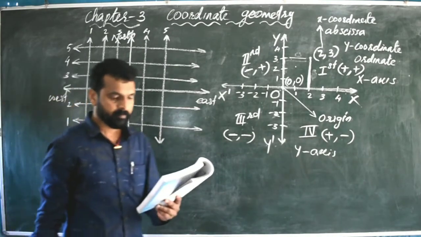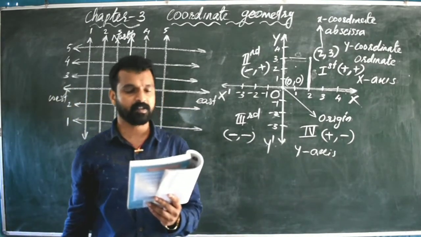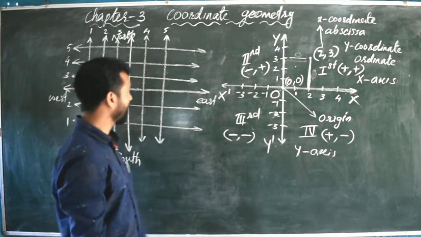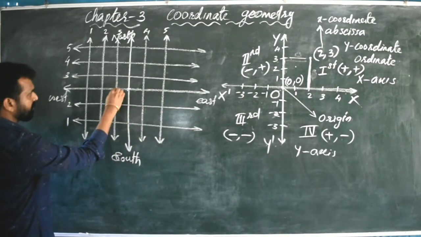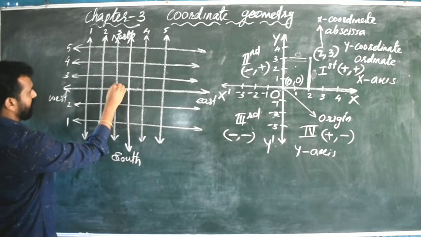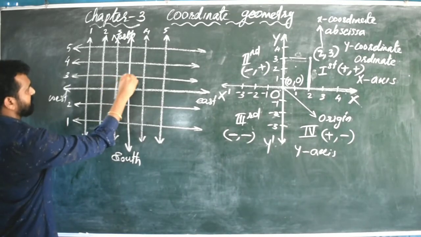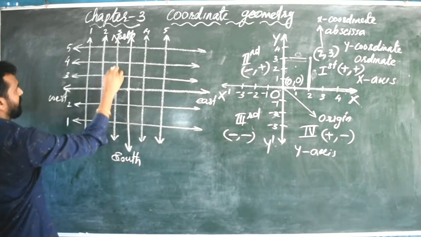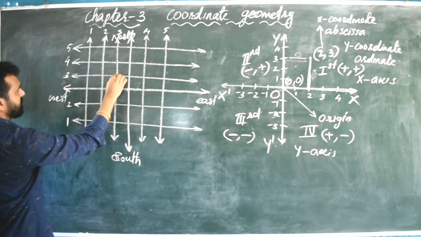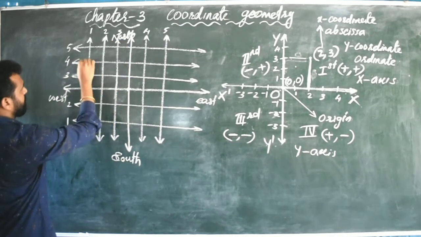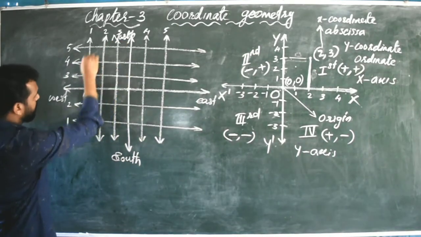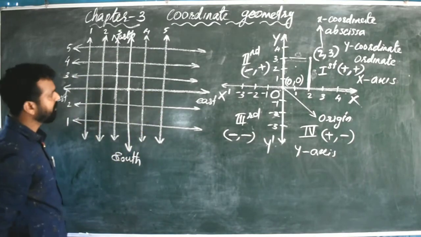Now, there are many cross streets in your model. These 2 streets are crossing here. That is, the 3rd street and the 3rd street are crossing here, and the 3rd street and the 4th street are crossing here. Many cross streets are here in the figure.